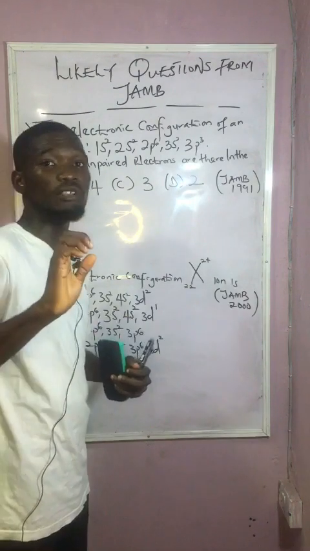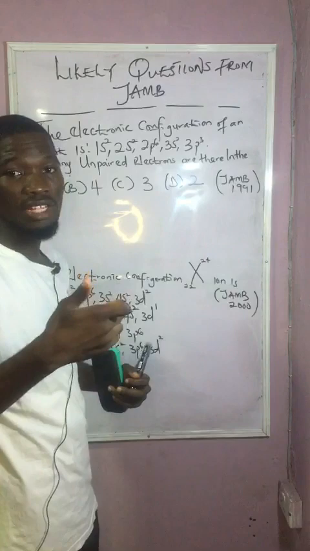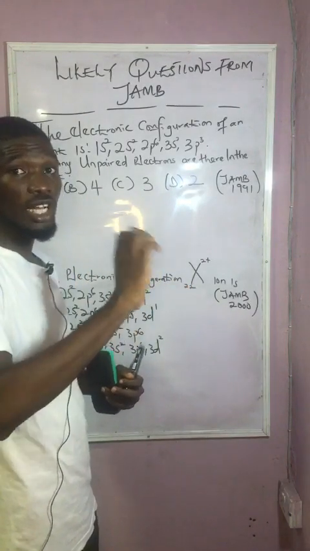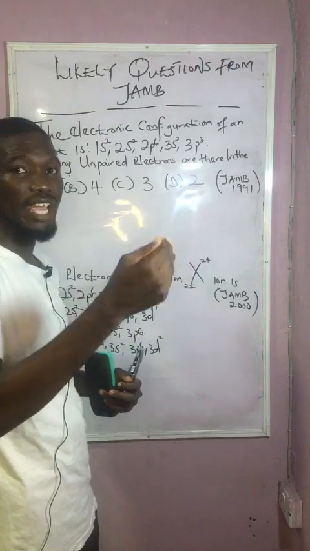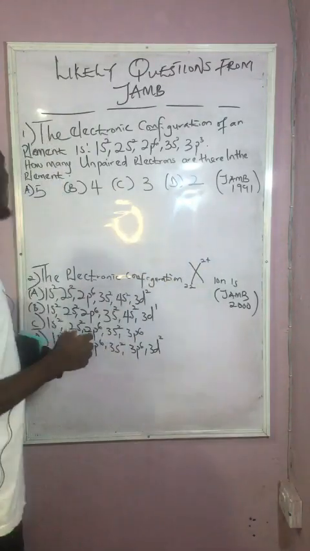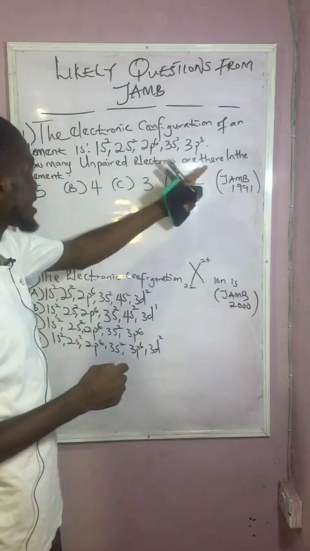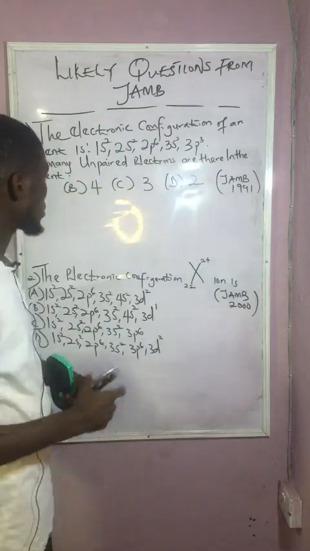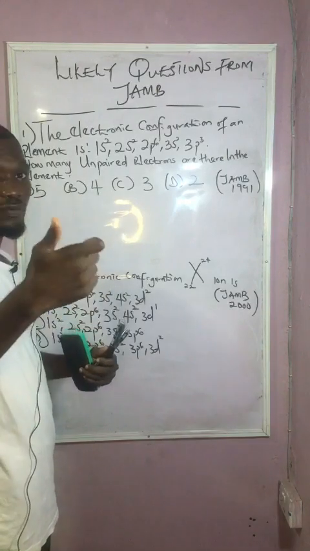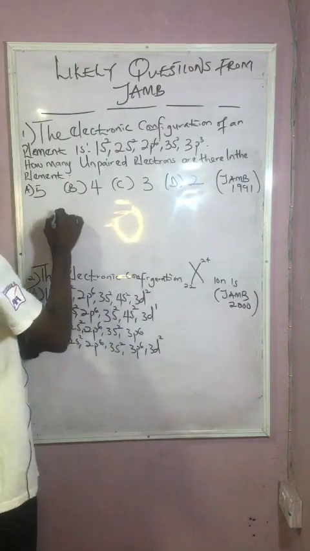For those of you that are having issues with how to write the electronic configuration, I've deposited a video on electronic configuration in which I stated Hund's rule and the Aufbau principle. So now, how many unpaired electrons are there in the element? First and foremost, the first thing I'm going to do is learn to identify the element. So we have